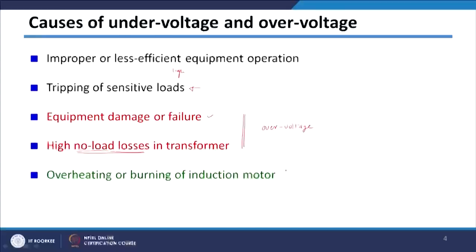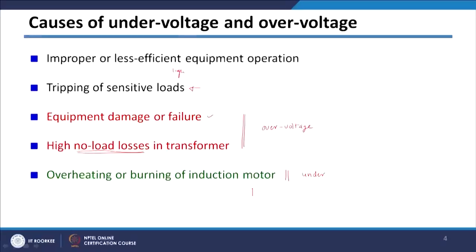Because of under voltage, this is the problem. Under voltage will affect the loads which are basically constant power kinds of load, say an induction motor, which will be considered some kind of constant power load. In that case, to keep power constant, if voltage is decreased, the motor has to increase the current, and if the voltage is decreased